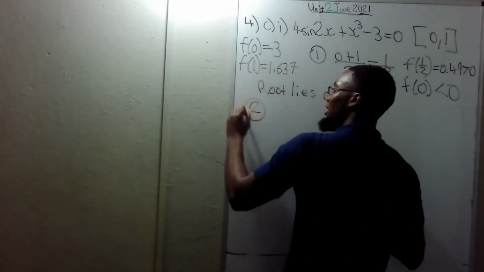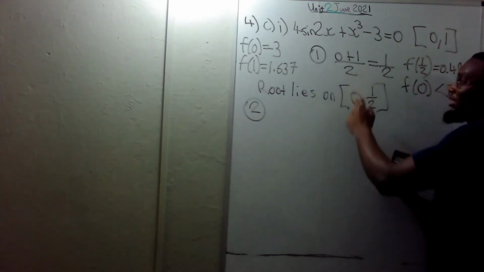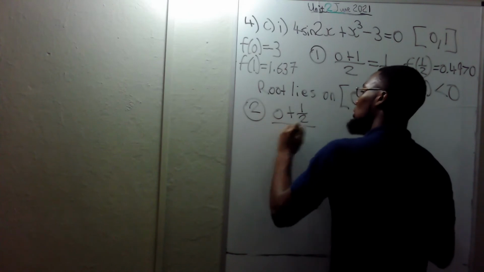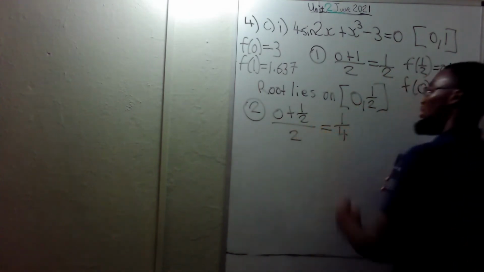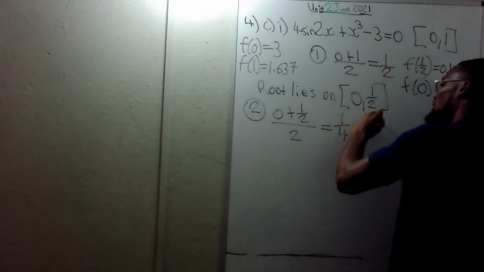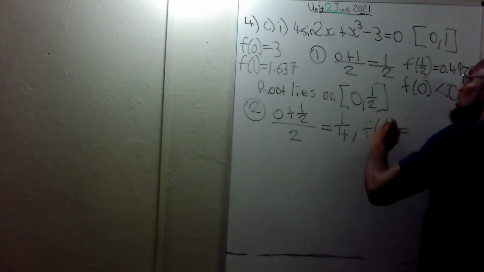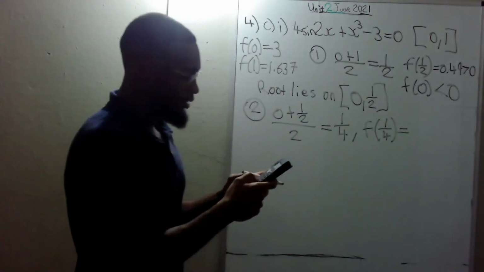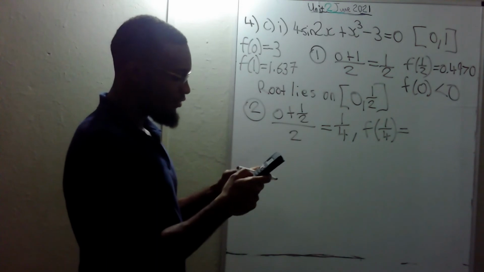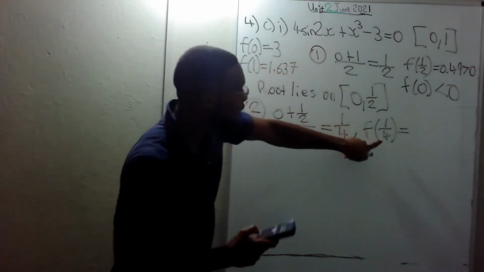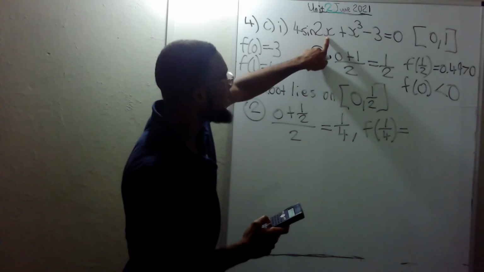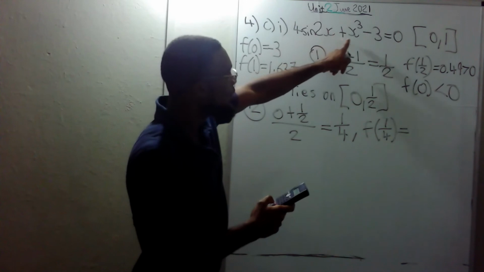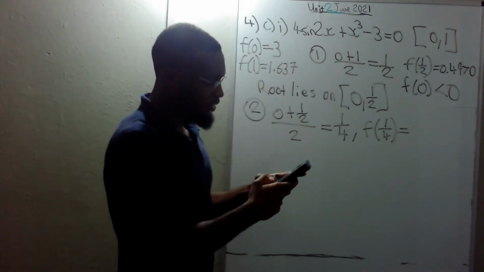Now the second bisection is to find the midpoint of 0 and a half. So 0 plus a half divided by 2, that's a quarter. Now, f of a quarter is what? Put a quarter in here for x. So 4 times the sine of a half, because 2 times a quarter gives you a half. So it's 4 times the sine of a half plus a quarter cubed,